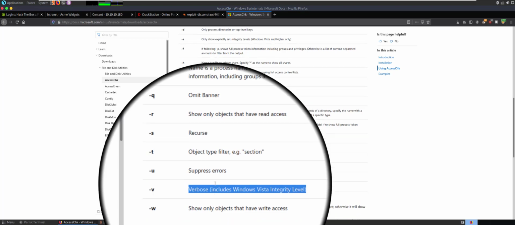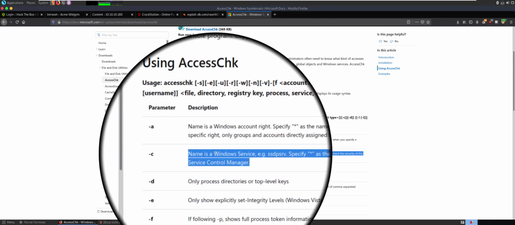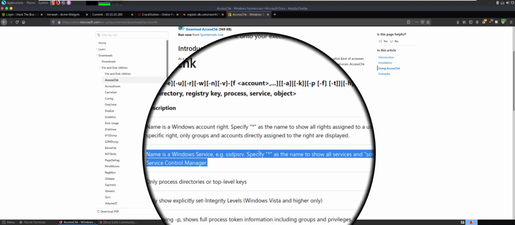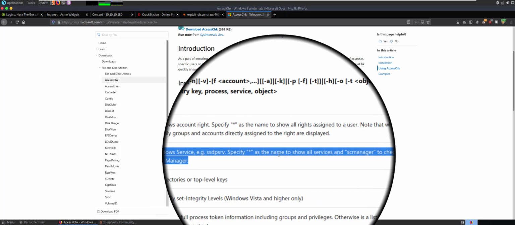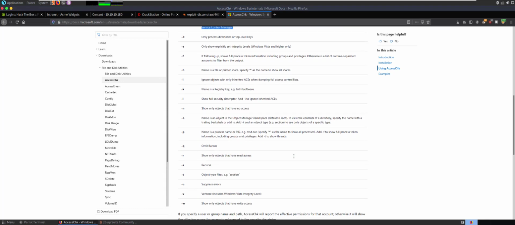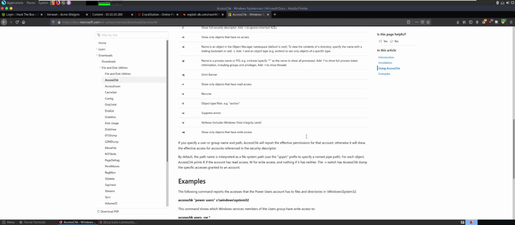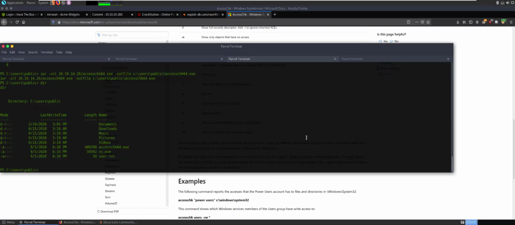And then the last one is C, which is actually say, name a Windows service. And then you can specify a star as the name of the services that you're trying to look at. And in this case, we will use a star, an asterisk. All right, so it's sitting on this box. We're just going to say,